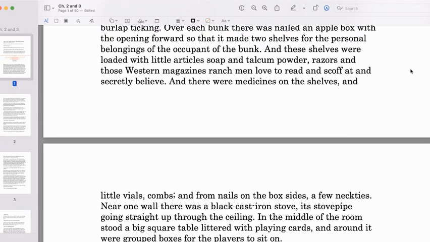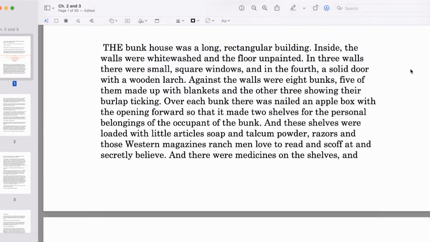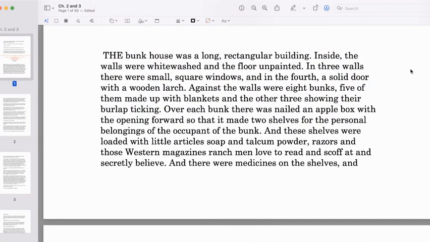Now, this is definitely a description of the setting, and it's telling me where the ranch hands live in the bunkhouse. That's a little historical context for you. And so I might highlight or underline some of this, especially the way that they live. Basically, they're 8 to a room, 5 of them made up of blankets, and the other 3 where the stuffing is coming out of their blankets.